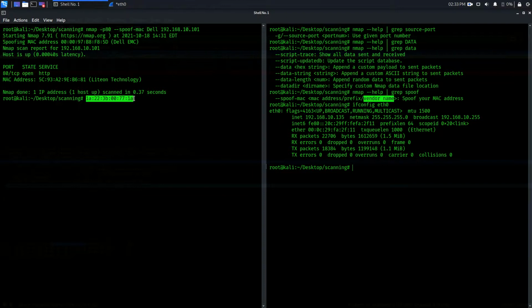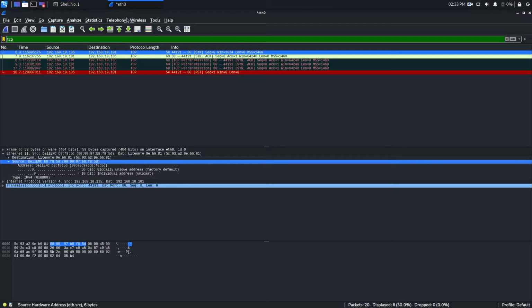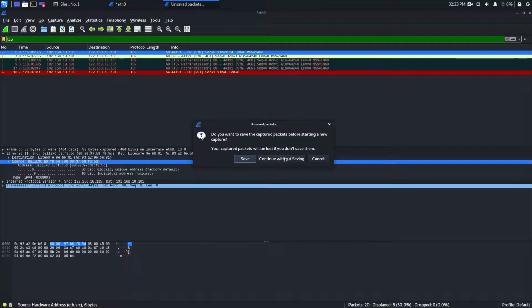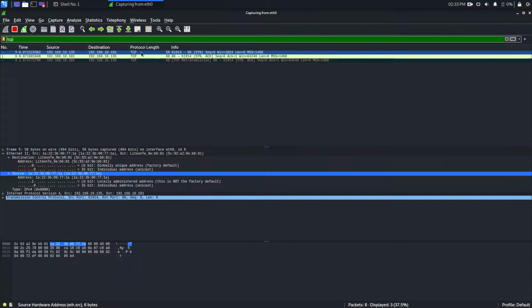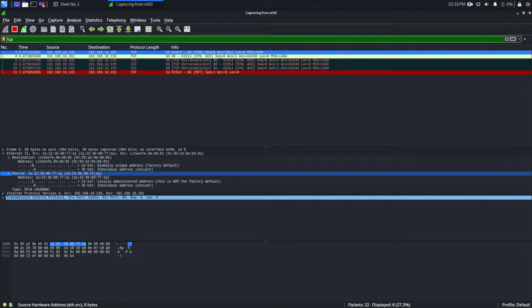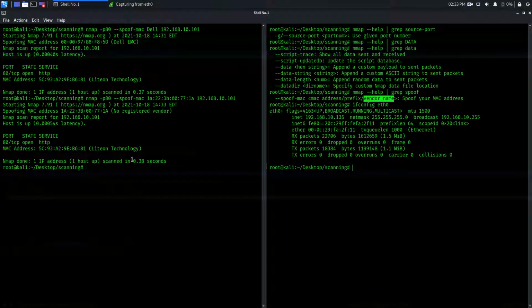I'm going to just copy this into nmap, and instead of Dell I'm going to specify this MAC address. Then I start it again, hit enter, go to this packet, go to the source address, and you can see 1A:22:3B:00:7.